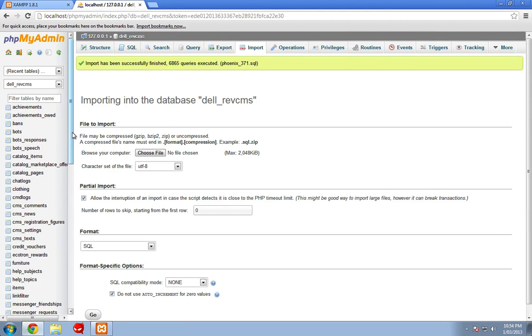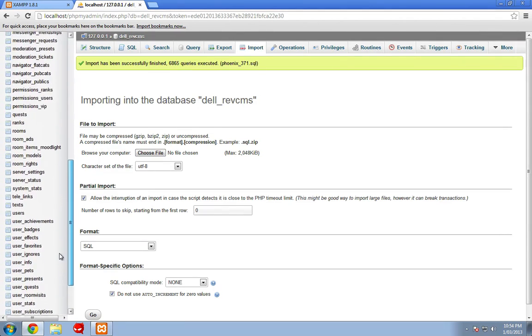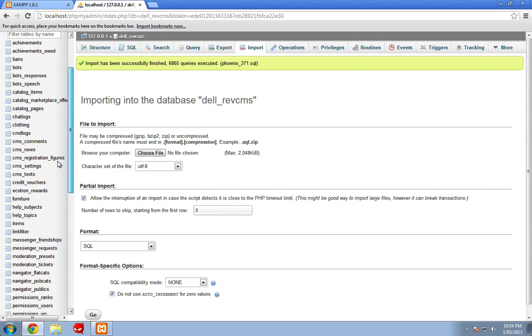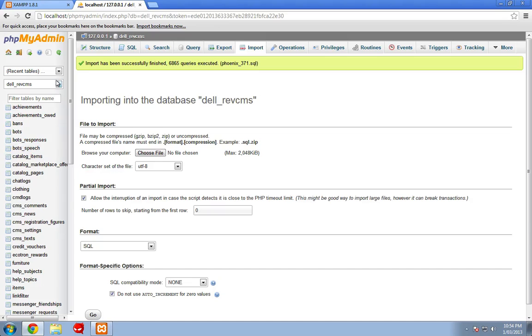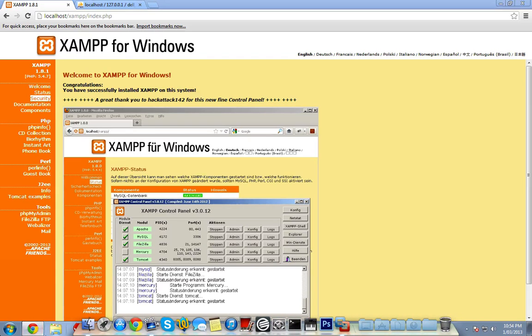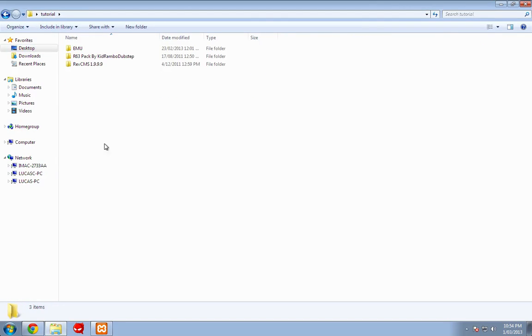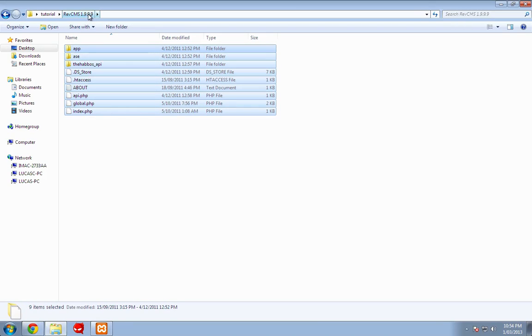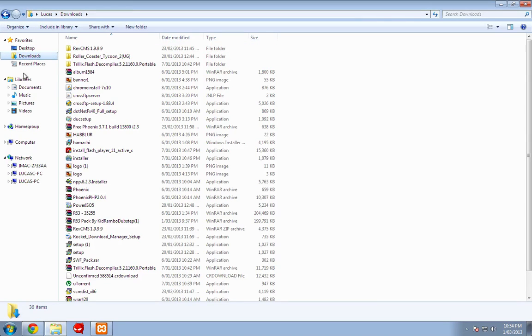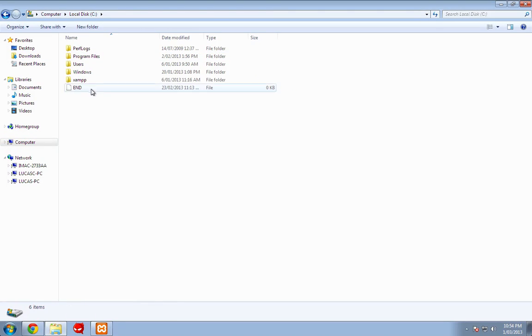Alright, so now you've got all the database files for your retro, which will run through your EMU. Now what you want to do from here is go back into your files and locate this file here, 1.9.9.9. From there you want to copy, Control C or Command C if you're on a Mac, and you want to go to your computer, C drive,